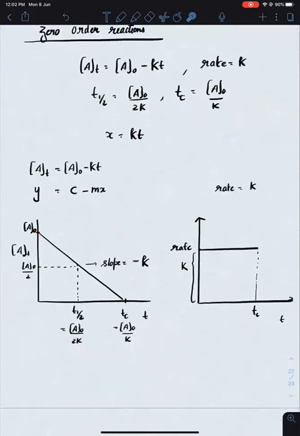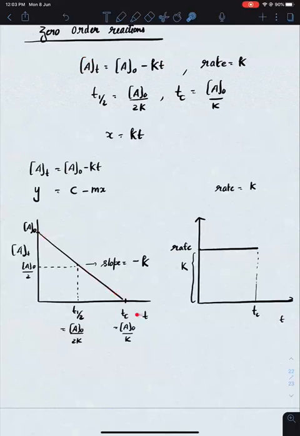I hope सब लोग को straight line plot करना तो आता है. In order to plot a straight line, you need to have 2 points. So 2 points आने के लिए put At = 0 first. If you put At = 0, you will get the value of t. And if you put t = 0, you will get the value of At. So 0 comma A naught एक point है, and A naught upon K comma 0 और एक point है.